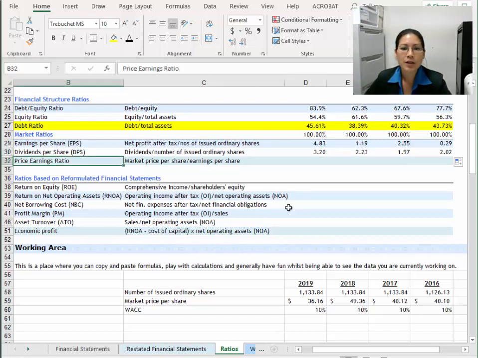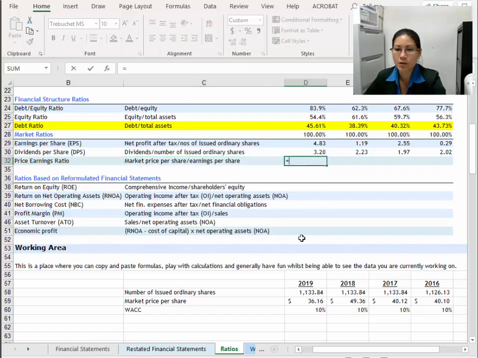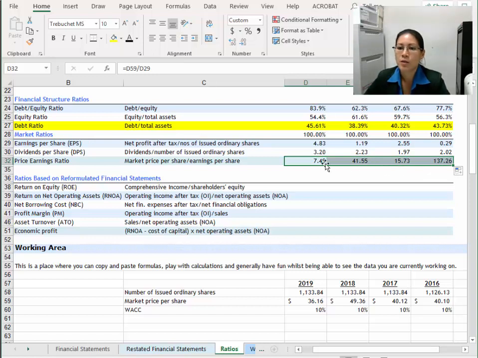Now, price earnings ratio. Market price per share, which we identified down here, divided by earnings per share, which is the figure we calculated in this ratio. So a very easy one to calculate. So market price per share divided by the earnings per share. Hit enter. Now, in the lecture, in the theory component that we had a look through, I didn't explain this